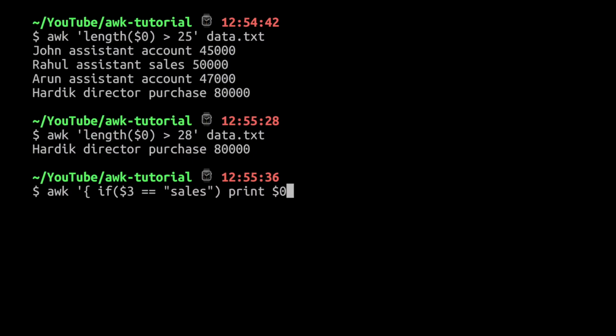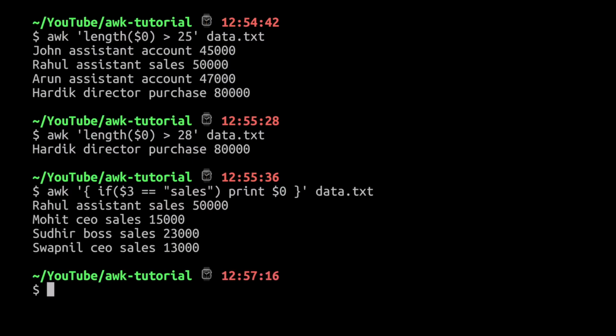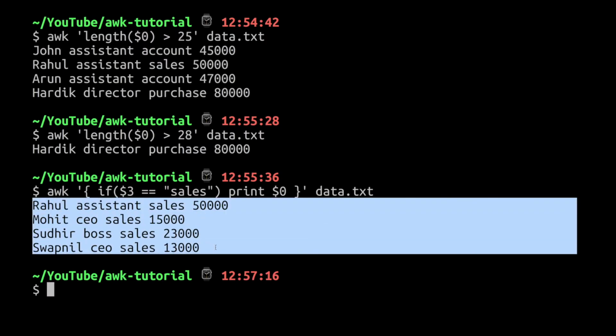This will print that particular record, and here I need to pass the input file. If I press enter, you can see we got 4 records, and each of them has the department as sales. Similar to any programming language, you can have different conditionals. You can give any type of condition as per your requirement, and then you can get the required output.